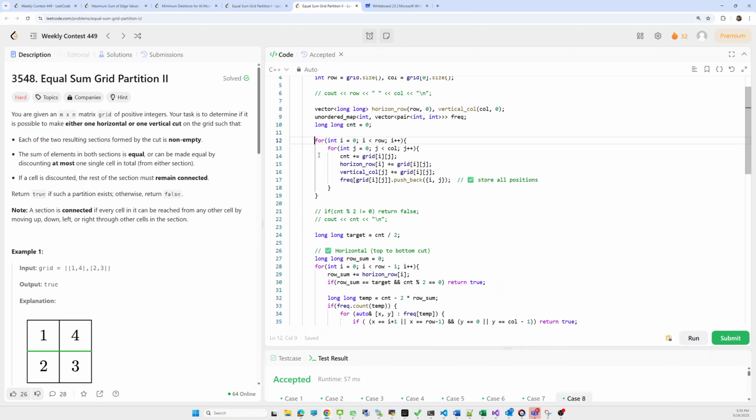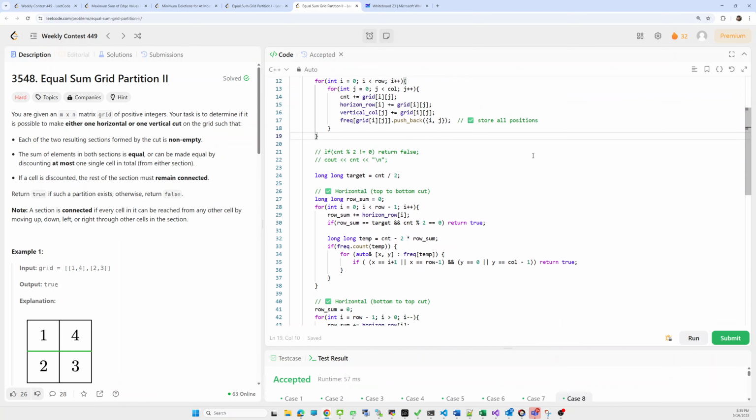While iterating over the whole grid, we maintain the total sum of the grid, the column sums and the row sums. We also update the coordinates of each element based on its value, storing all positions.